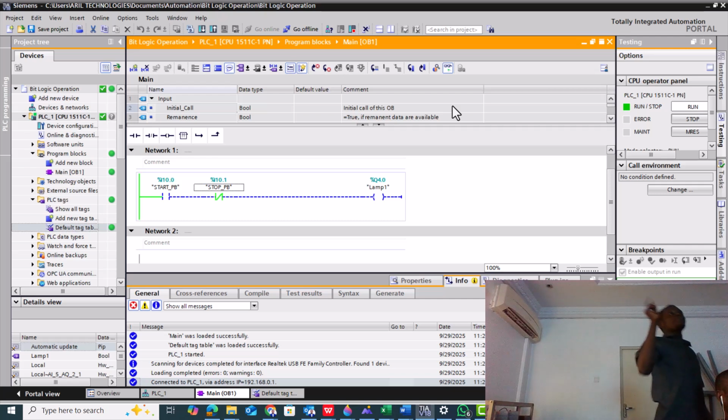The next step here is you will notice that by pressing our start button, we have to hold on to it for the signal to be continuous. Now, our next step in programming is to ensure that we only have to press the button once, and then the lamp will remain on. So that will be our next line of action. But before then,